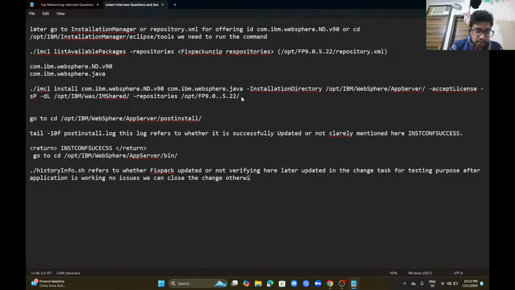Otherwise, it needs to be rolled back. In this historyinfo.sh, copy the old offering IDs and use them. If in case something goes wrong, go to